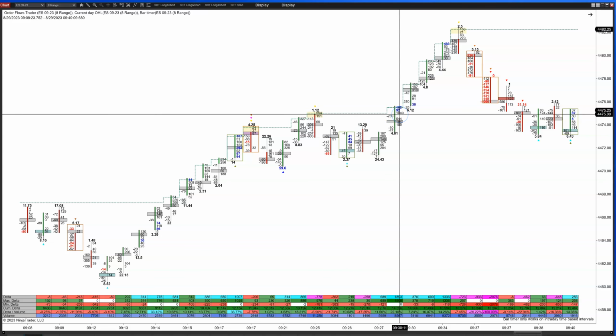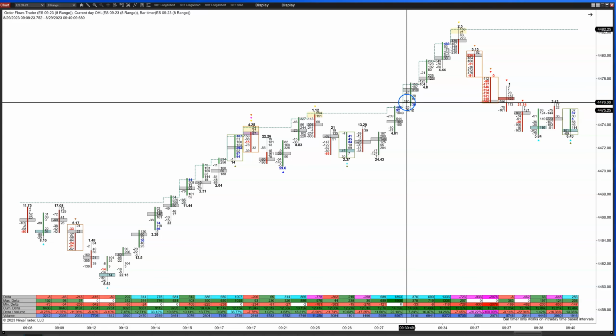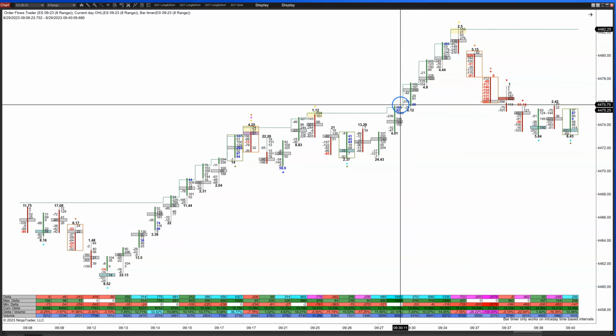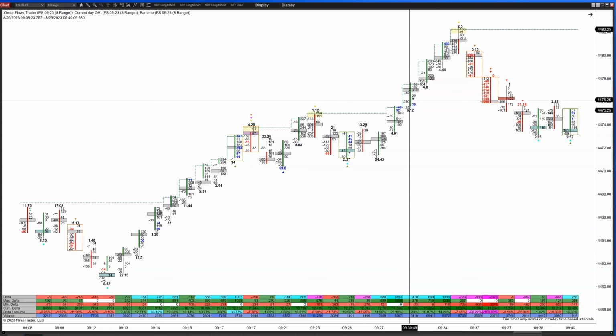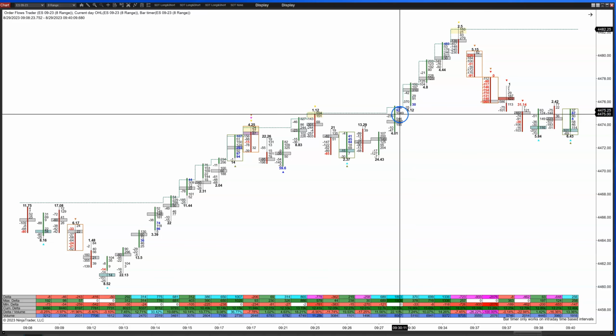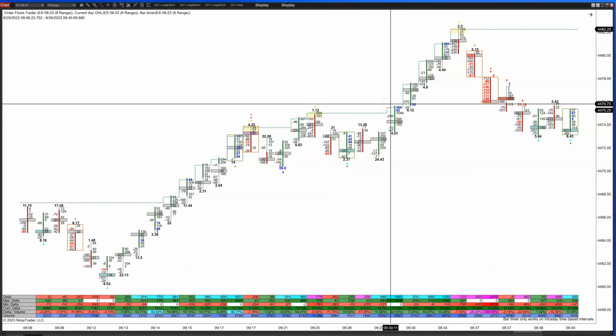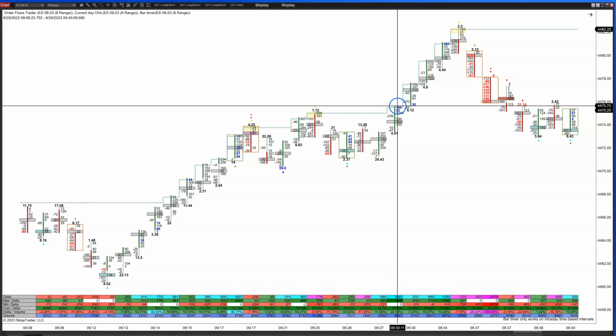But again, we got a strong offer here, minus 1,000. Or sorry, positive 1,000 in the delta. But as we come up here, make a new high, 370 negative delta. So I know, again, this is not volume. This is the difference between the volume that was traded on the bid and the volume that's traded on the offer. I know 370 is pretty strong. I mean, granted, we did have 1,000 here, 500 here. But anything above 250 on an 8 range chart